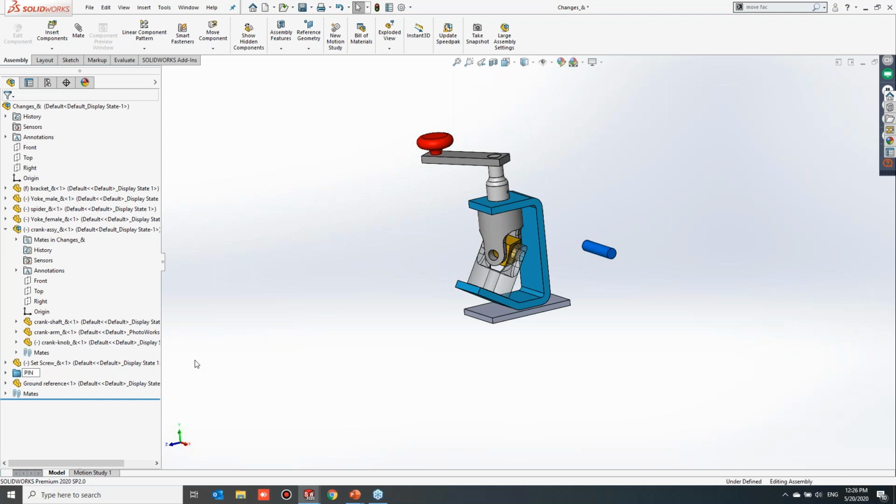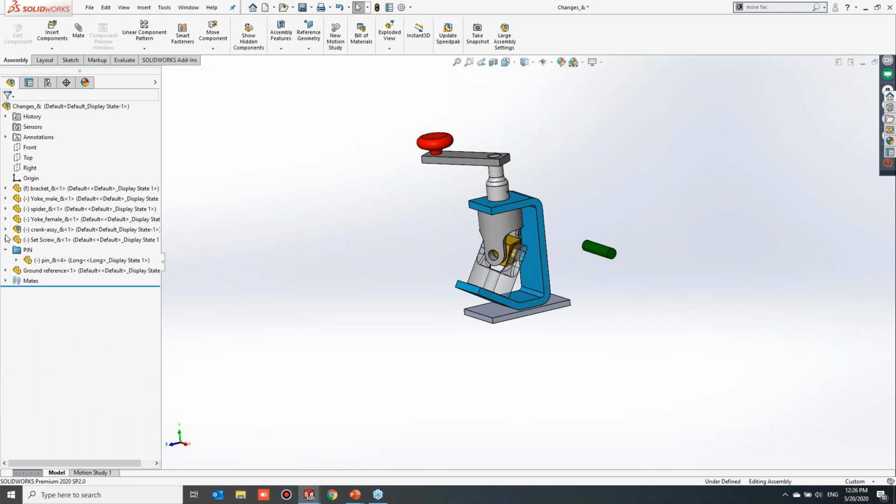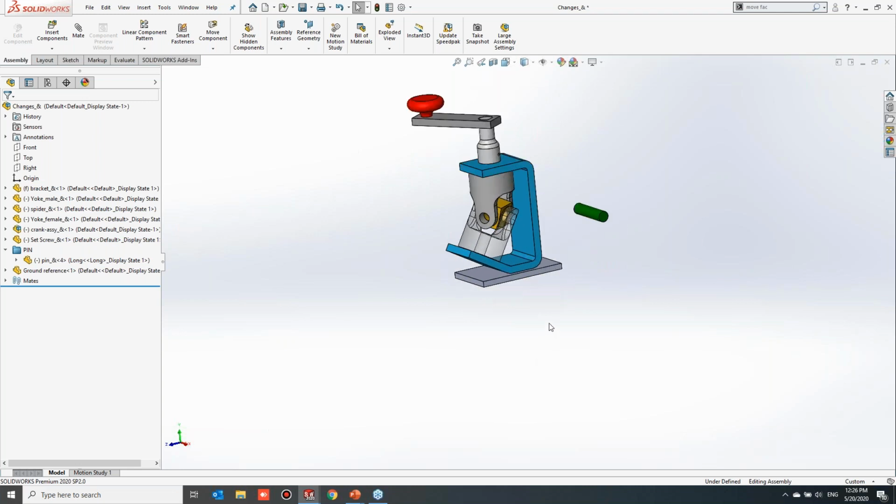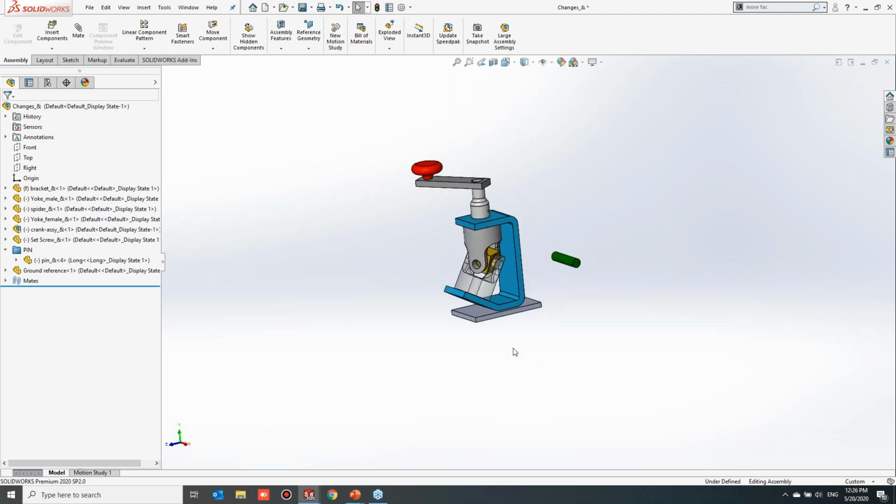I am going to place all my pin components in this folder so that I can access my pins in a much easier way. It is very easy to sort and organize parts in the folder by simple drag and drop. These are some of the tips which help for navigating assemblies.